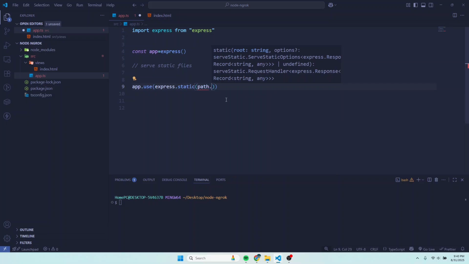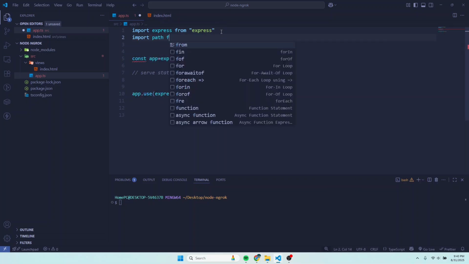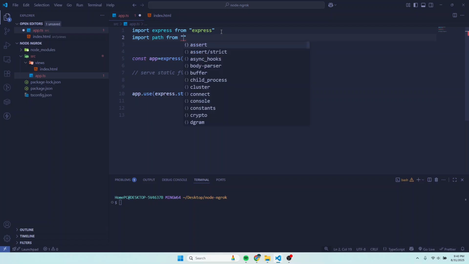So path.join, I first need to import it at the top, so import path from path. So path.join,